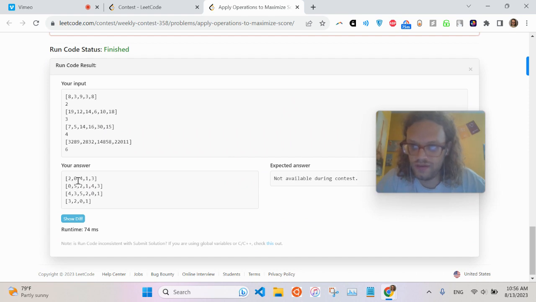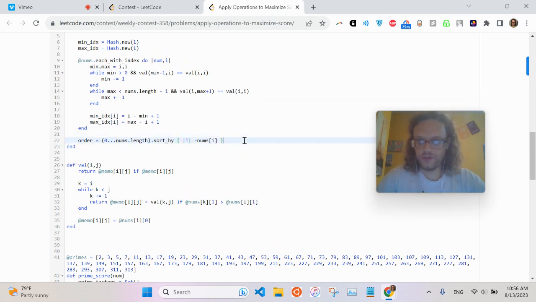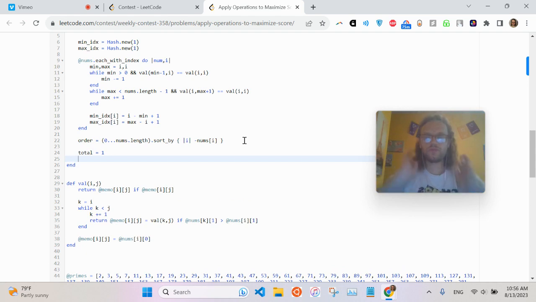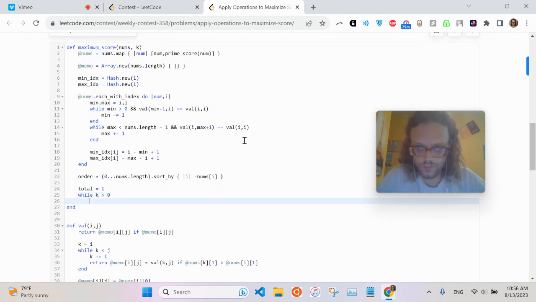Yep, so that's 9, 8, 8, 3, 3. This is 19, 18, 14, 12, 10, 6. Great. Okay, I'm almost done. So total equals 1, while k greater than 0. Actually, don't even need to reverse this. I could just pop. Val equals, actually, idx equals order dot pop,